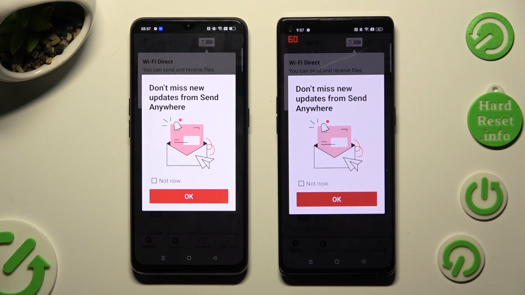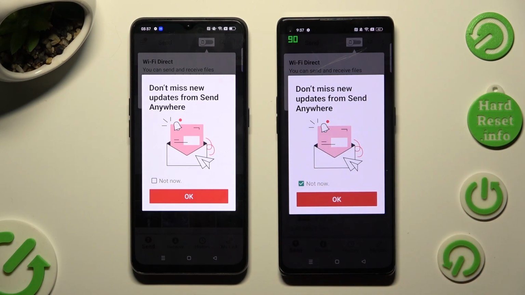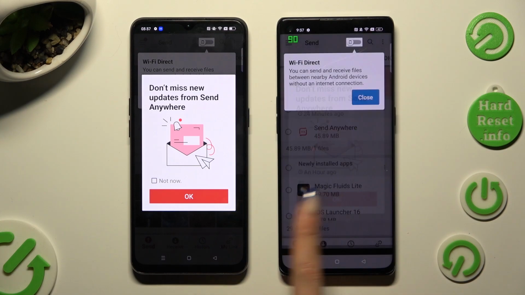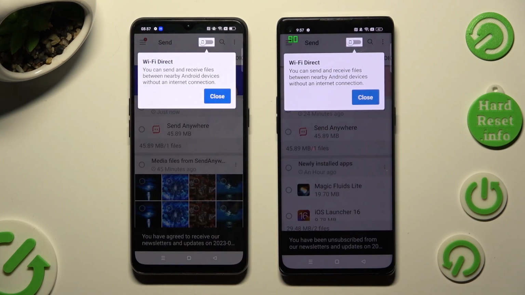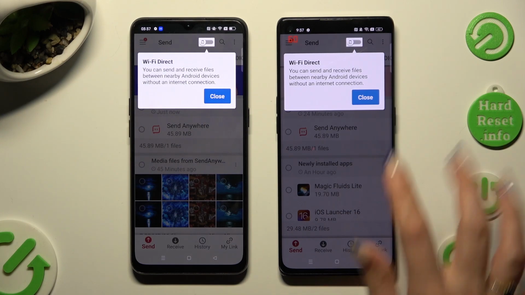In this window about new updates, you can select Not Now if you want to. To close it, hit OK. Then tap on Close in the white pop-up at the top